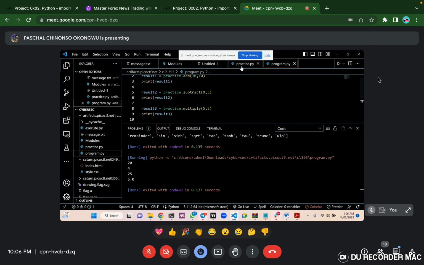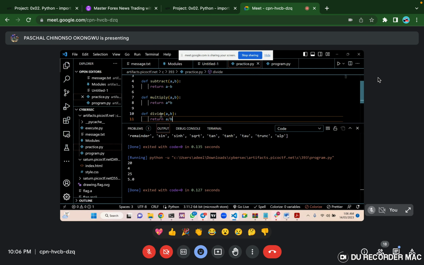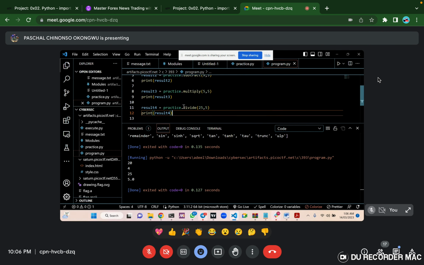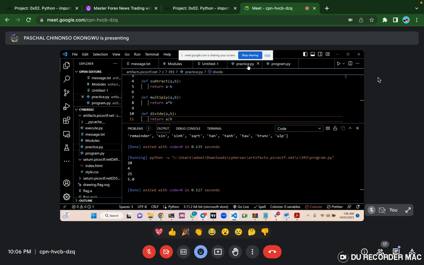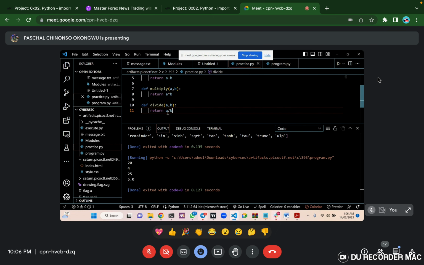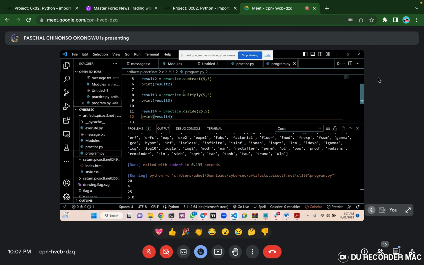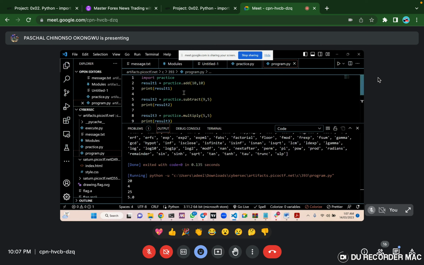Because already we have declared it here as multiply. You can see the arithmetic operation, multiplication. We used it here. And then again, we did for divide. And we know what our divide looks like. Even in this program, we already declared it here. The return was A divide B, and A divide B was 25 divide 5, and that was how we ended up with 5. And with this, we've been able to create a custom module